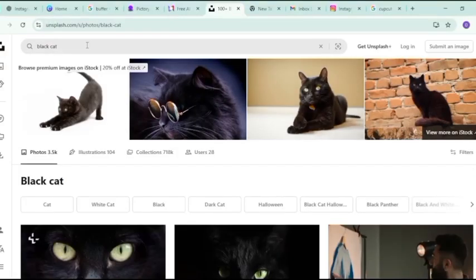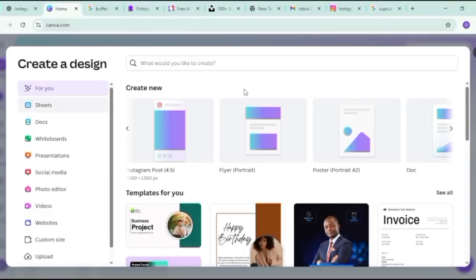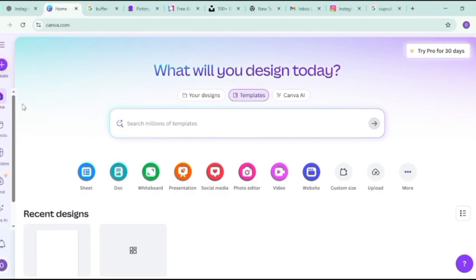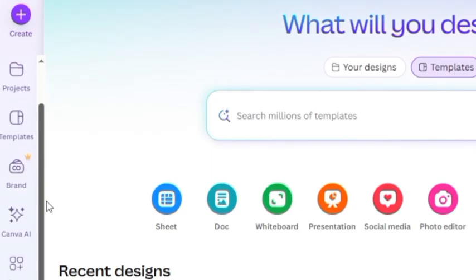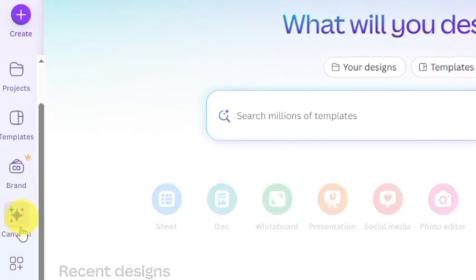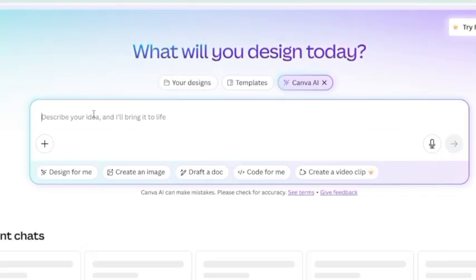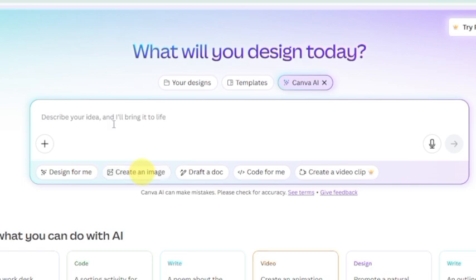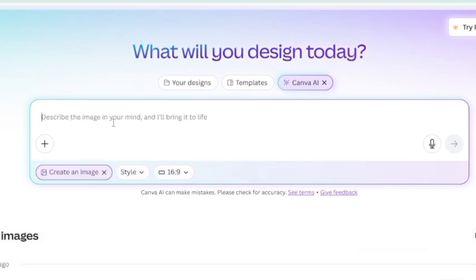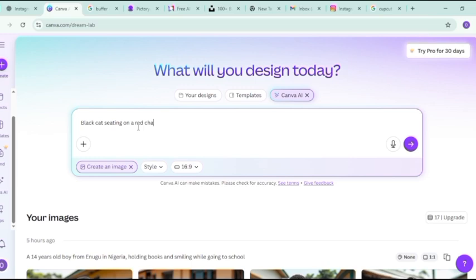Now at the same time, you can go to Canva to generate your own images. So you can go to Canva and you go to Canva AI, right? You can see on this menu there's Canva AI. Canva AI, you can see create image. So, and you can also use black cat sitting on a red chair.